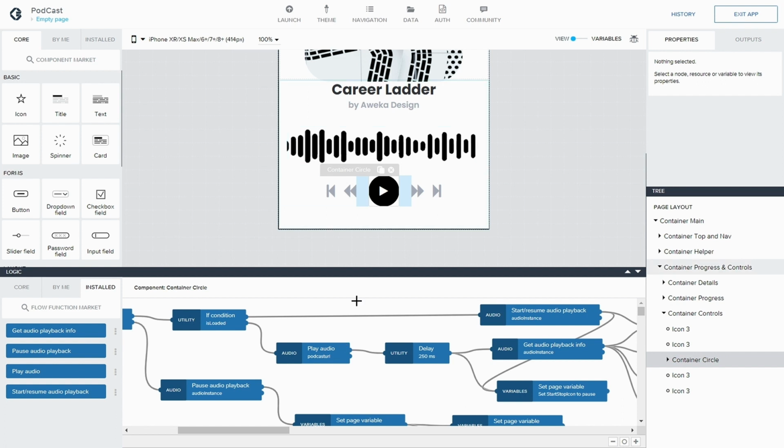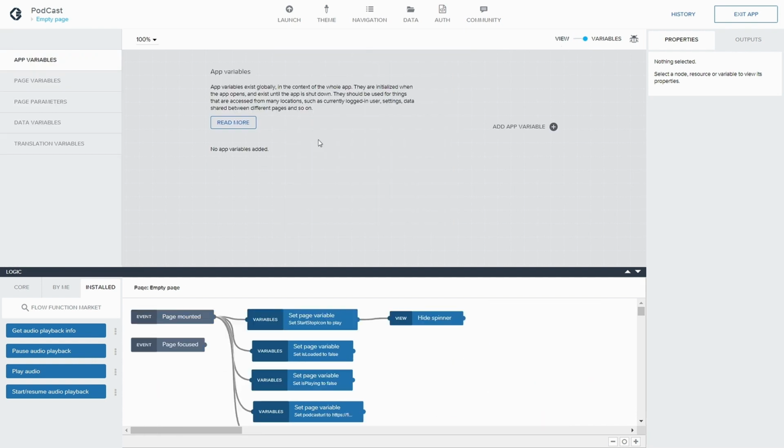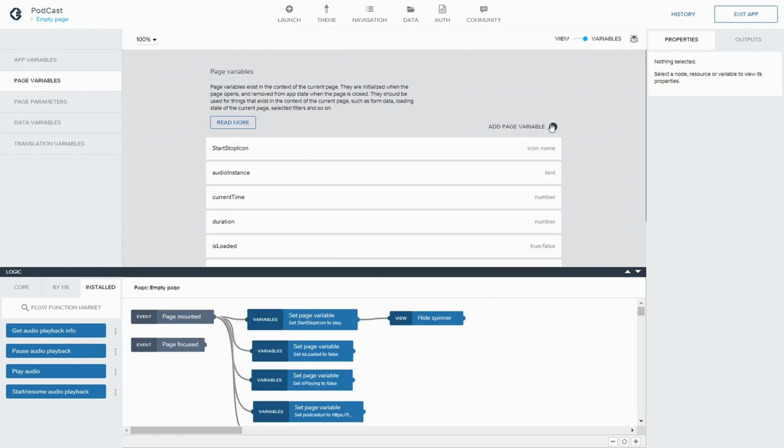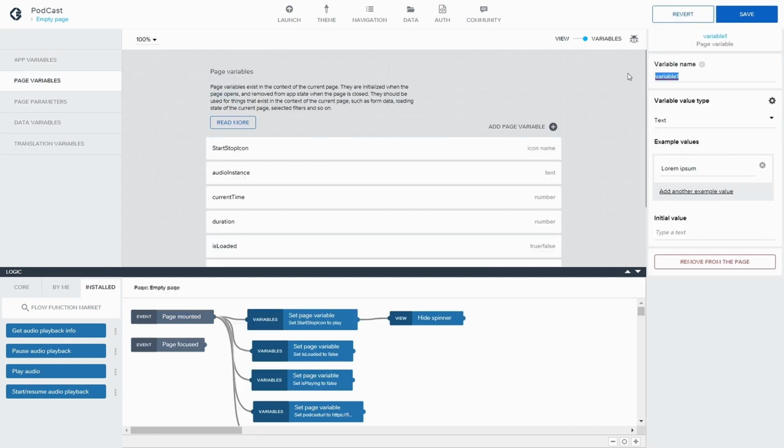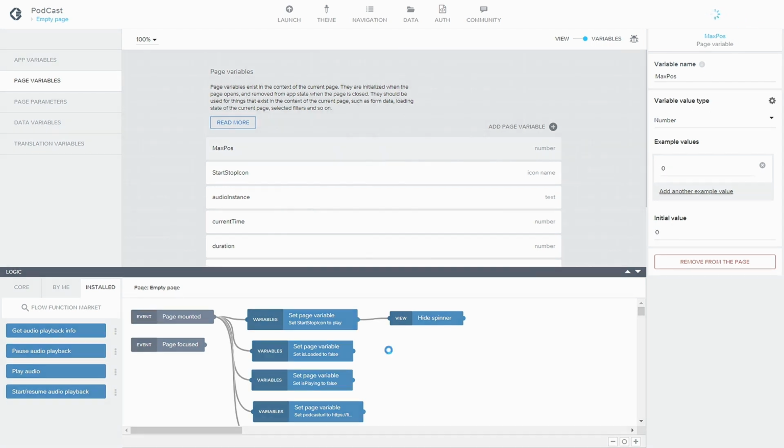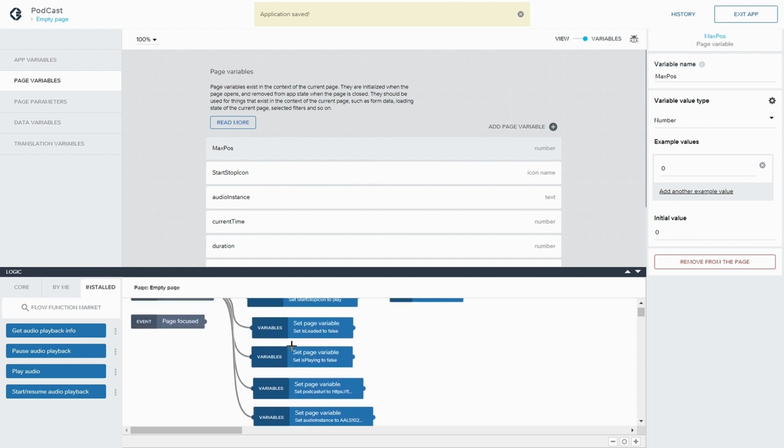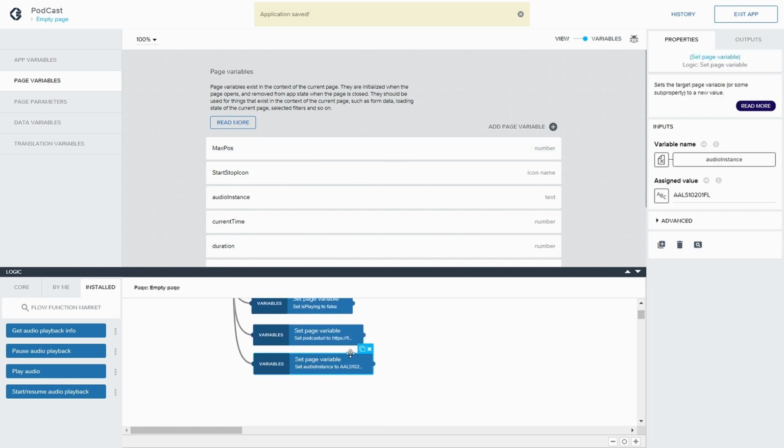So first we're just going to set the maximum position here. We're just going to create a variable for that. So page variable, and we call it max position, and that is a number. And we're going to set it to 0 again, because we're going to initialize it. And look, we're already here. So I'm just going to duplicate this one,